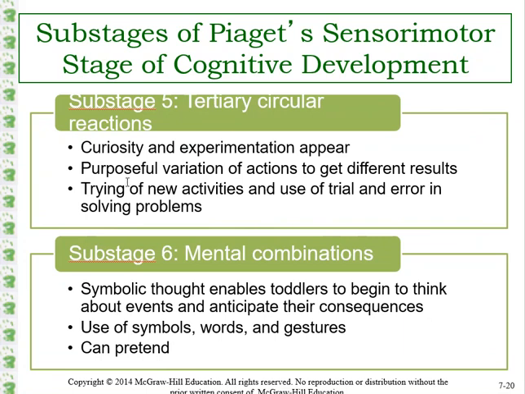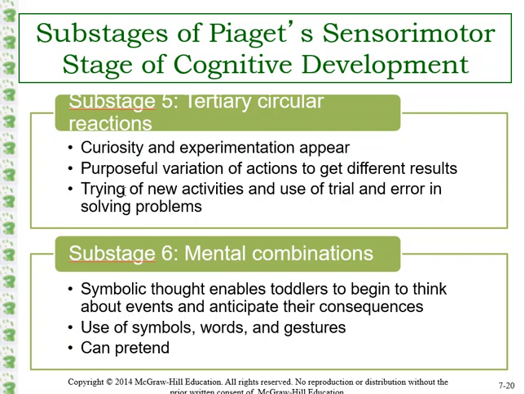So this is tertiary circular reactions. Now we see more curiosity and experimentation occur. Sometimes there are variations in the schemas that they already developed because they want to see if they have different results, or if it's the same outcome. So there's a lot of trial and error typically when it comes to solving problems in tertiary